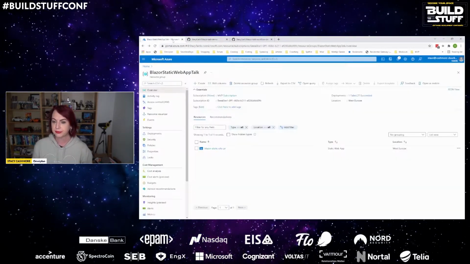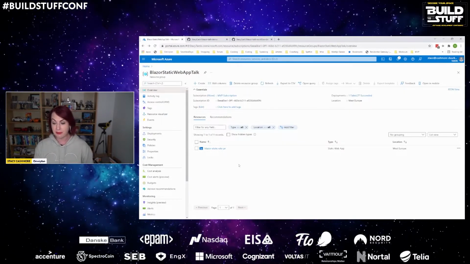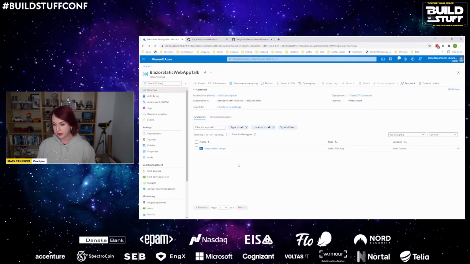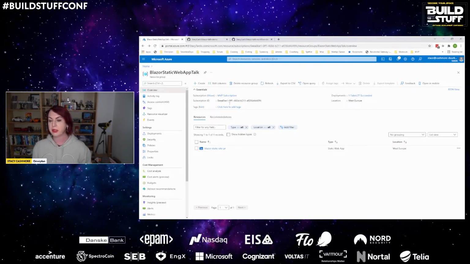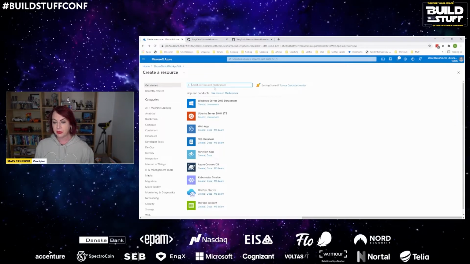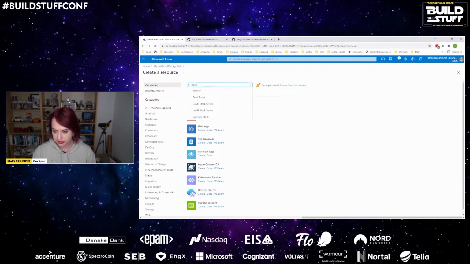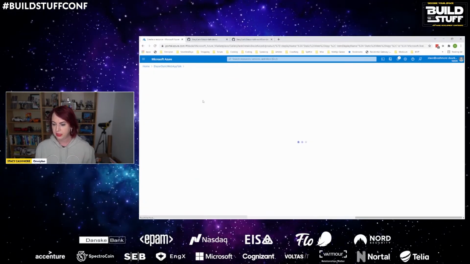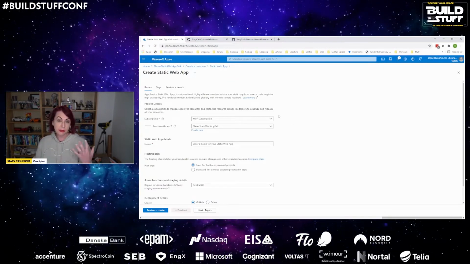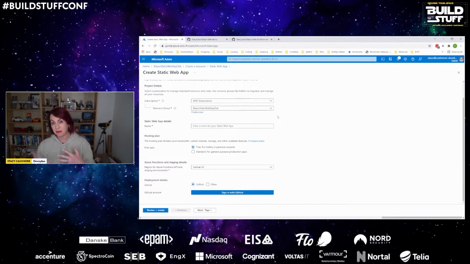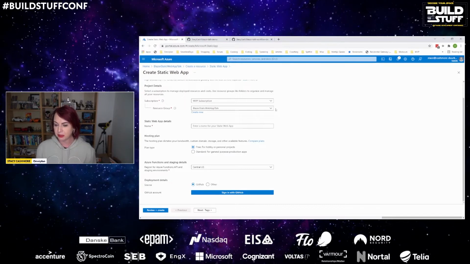Good. So if we come into the Azure portal, I already have a resource group that I've made for my static web app demo. There's one already in here. If there's time, I'll be using that for a different demo at the end of the talk. But for now, we're just going to create a new one. So we're going to look for static web app, and we're going to create it. We're going to check the subscription and resource group is correct, which it should be because we created it from the resource group, but it's not always, so double check.